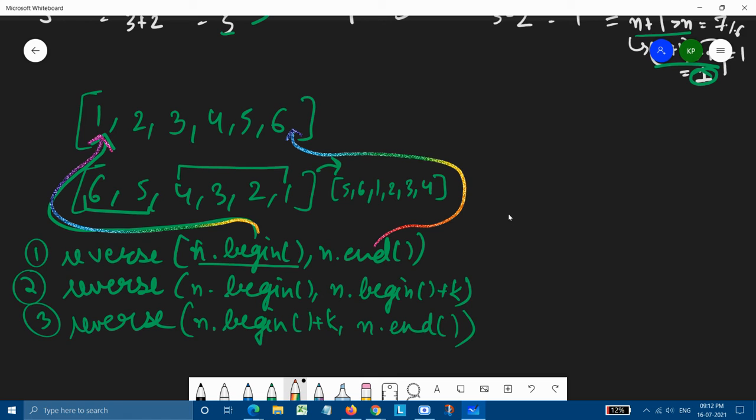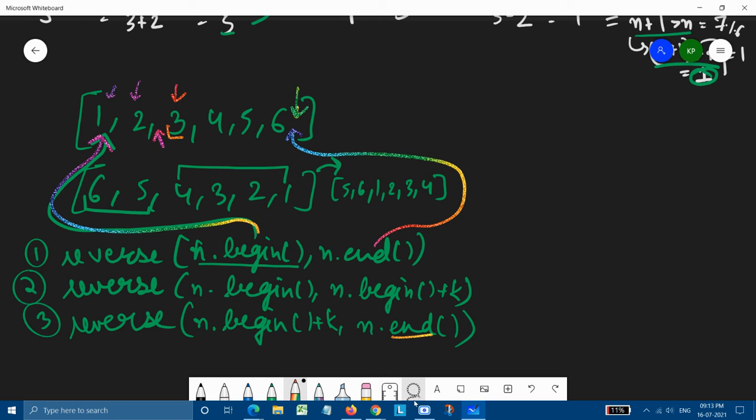So n dot begin will be pointing towards the first element, and n dot begin plus k will be pointing after the 1 and 2. So this is the kth element, it will be pointing here. And n dot end will be pointing towards this. So this is how these things will work.